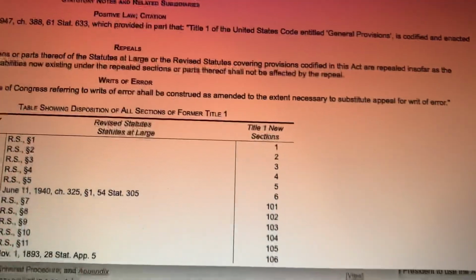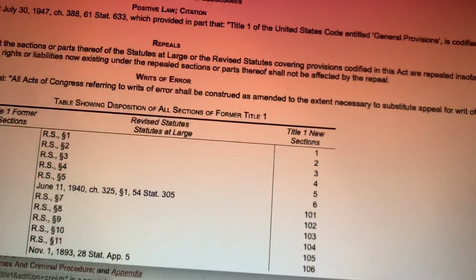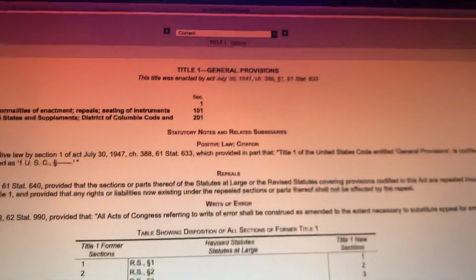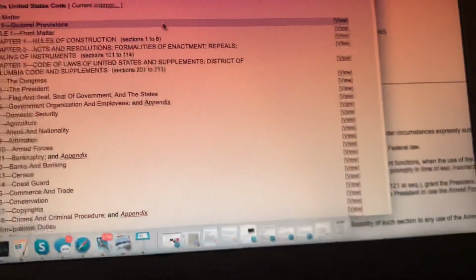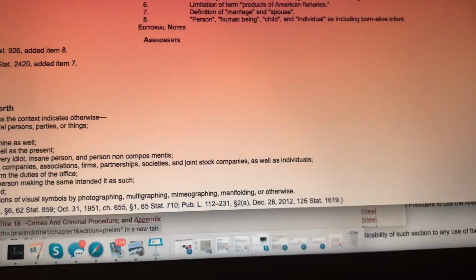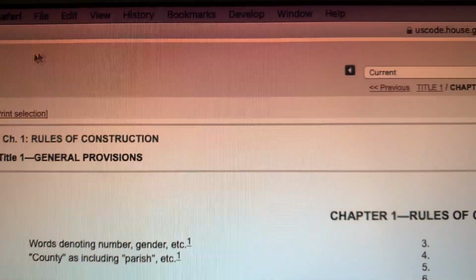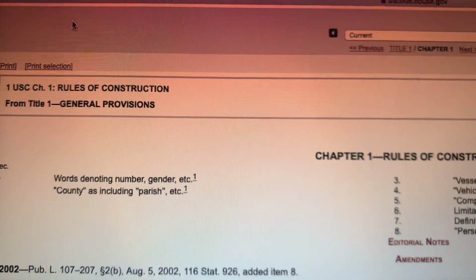Let's see. Oh, they took it down. They changed it. It's the black cat in the Matrix. They changed something. Yeah, they did change it. Okay, so here. It used to have a bunch of stuff up here in the corner, including a date saying